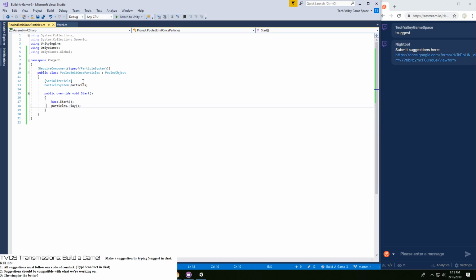I wonder if there are events in the particles where it says done.